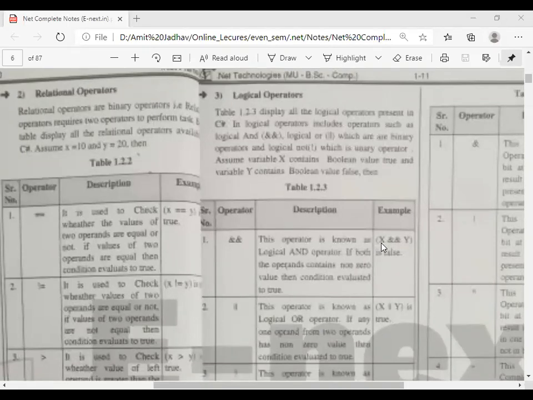In that we check if percentage is greater than or equal to 75, and here we use and, which means we want both conditions to be satisfied. And if percentage is less than 100, what does it mean? The percentage must be greater than or equal to 75 and also less than 100. If both conditions are satisfied, then we give a message.